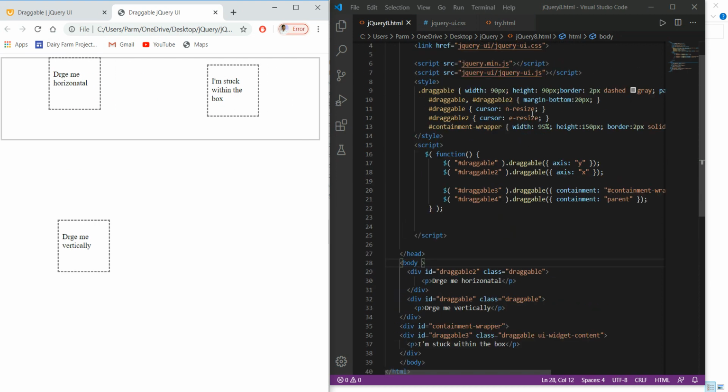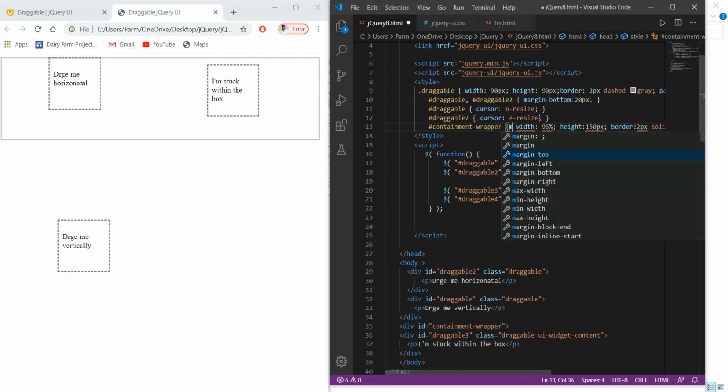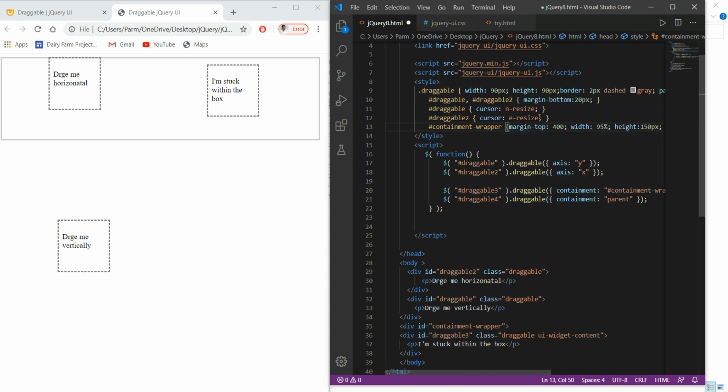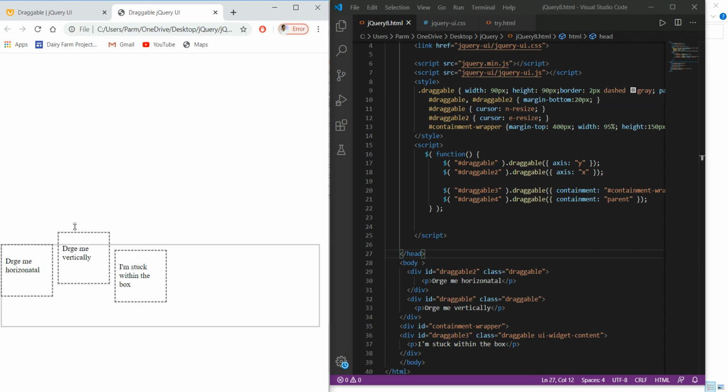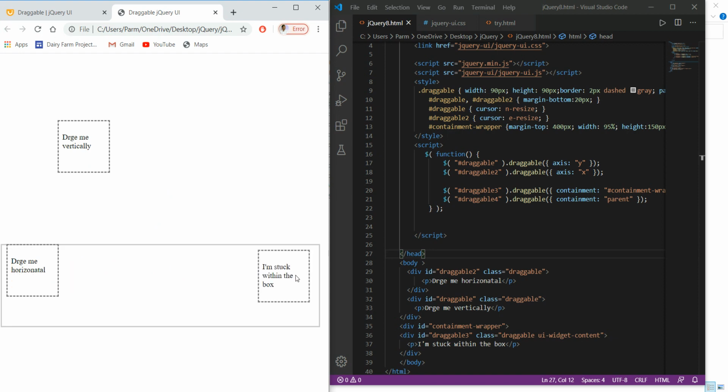To this class I'm giving one more line, margin-top of around 400 pixels. Save it, refresh it. It is somewhere here. So this is stuck within this box.